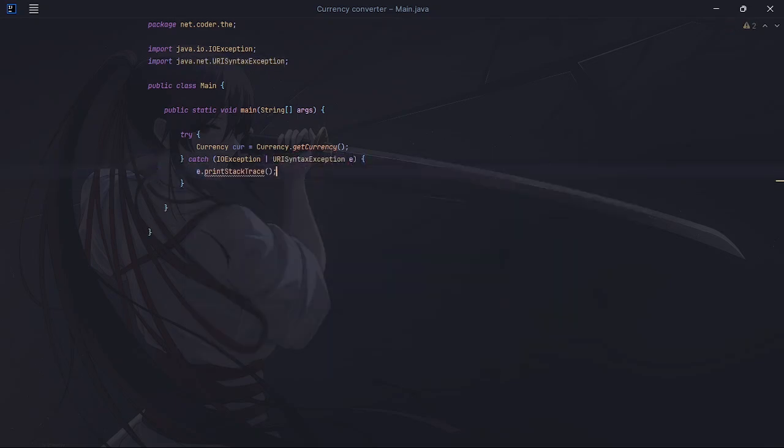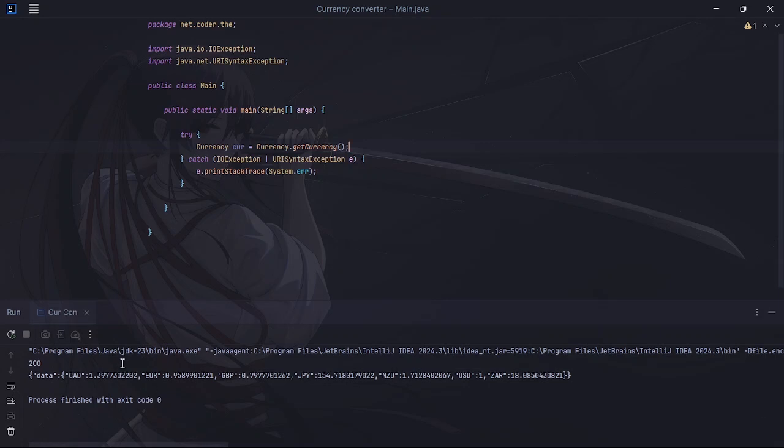e.printStackTrace to System.err. So you can now run this. Right, so as you can see, we now have our response code 200 and the data itself. So I just got this from the API. So Canadian dollar, euros, Great British pound, Japanese yen, New Zealand dollar, and US dollar here, and then South African